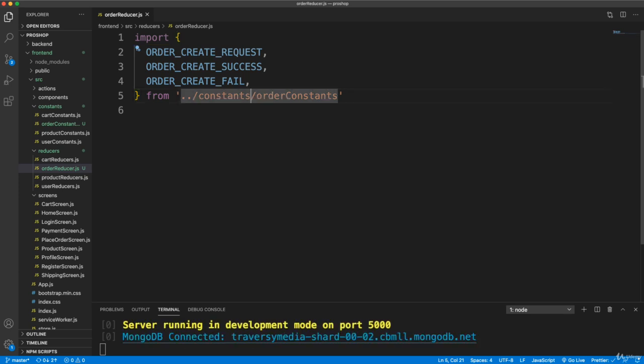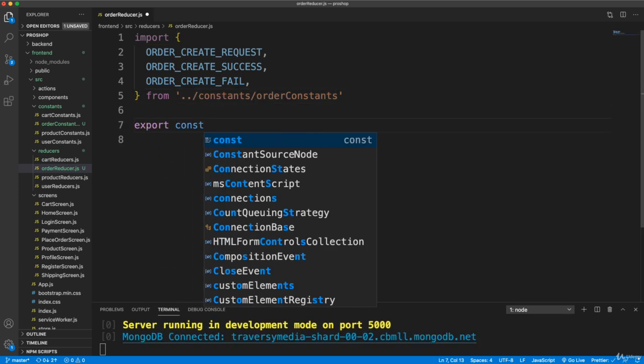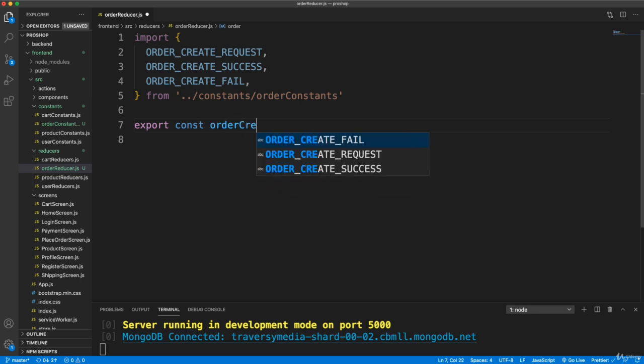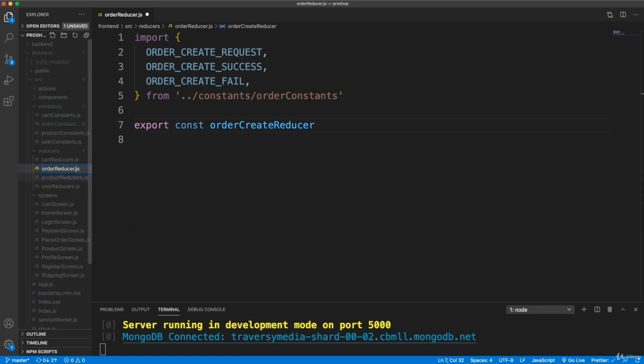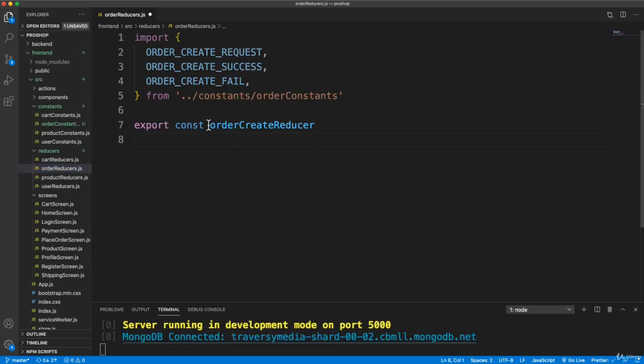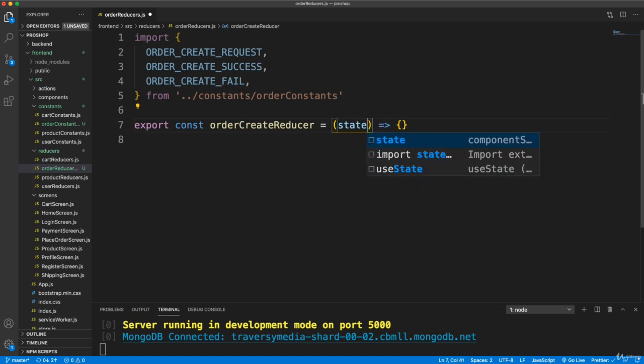All right, so bring those in, save that, and then let's export const order create reducer. Oh, you know what? We need to call this file name reducers, so let's rename this to plural reducers. But this is going to be order create reducer, and let's pass in